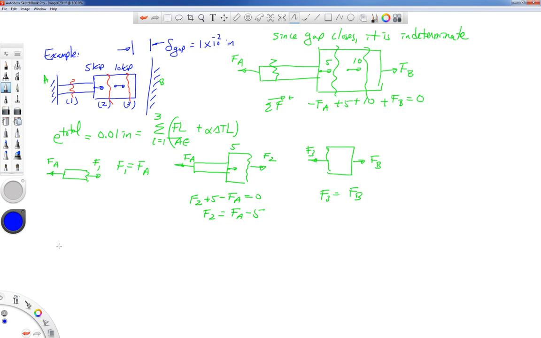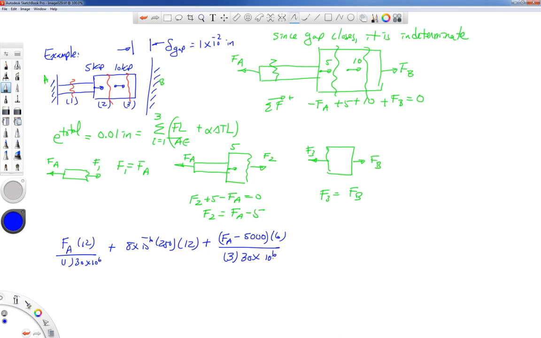Now, the forces are in terms of kips, so I'm going to write down F1 L1 over A1 E1 plus alpha delta T L1 plus F2, let me put this in pounds. That would be 5,000 L2 over A2